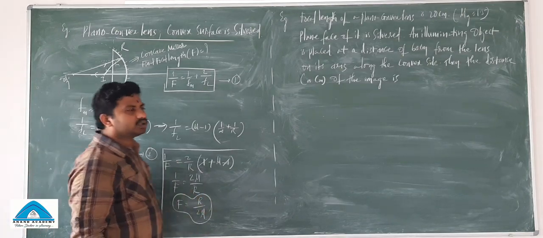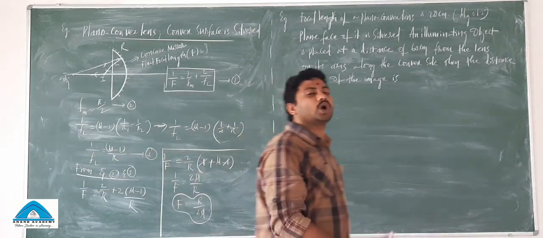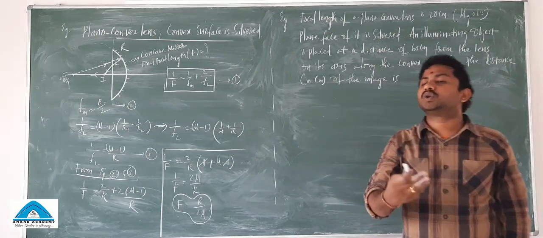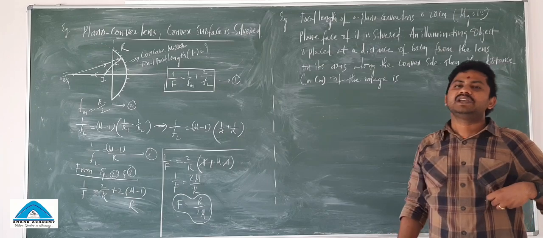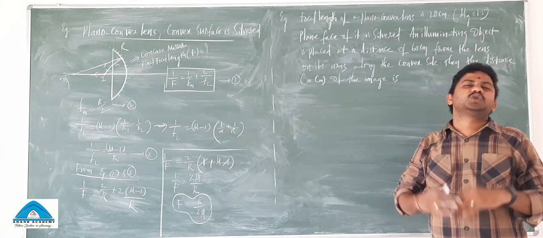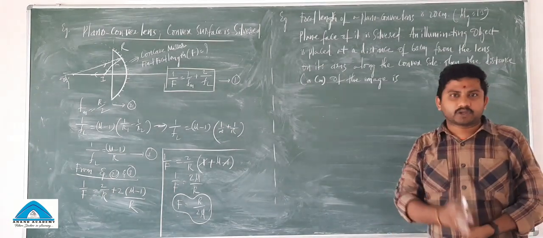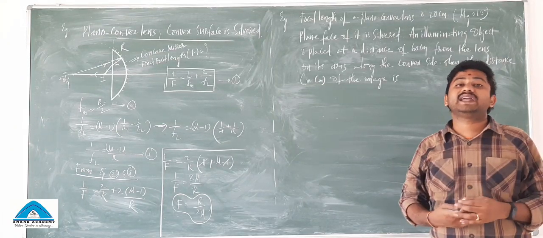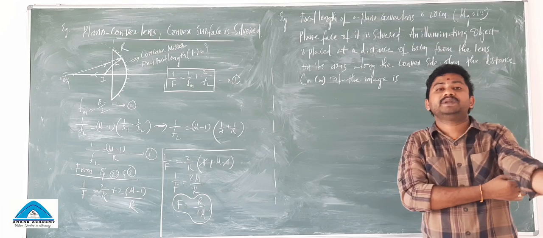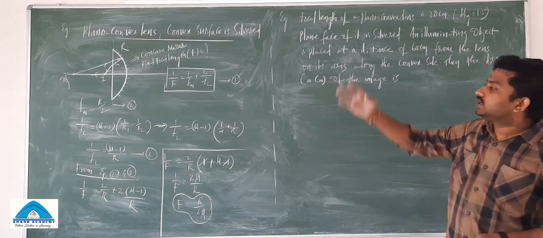So this is how the numericals can be solved, right? Sometimes you can use the formula directly when the combination is like this. But there are so many possible combinations, so in each and every case, remembering the formula is not the solution. It will not give you a permanent solution, right? Try to understand the concept here.